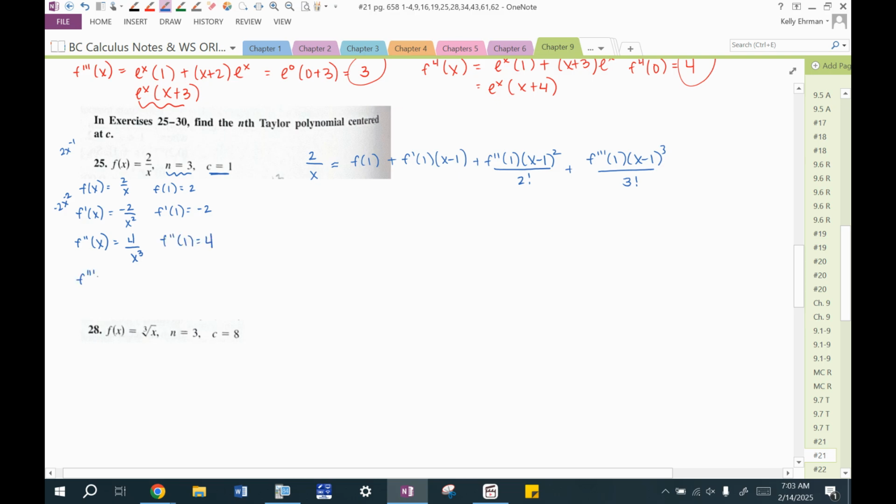And here's our last one, f triple prime of x. So again, this is 4x to the negative 3. So that's going to become negative 12 over x to the fourth. And so f triple prime of 1 will equal negative 12. And then we just fill in our information. So 2 over x is about equal to 2 minus 2 times x minus 1 plus 4 times x minus 1 squared over 2 factorial